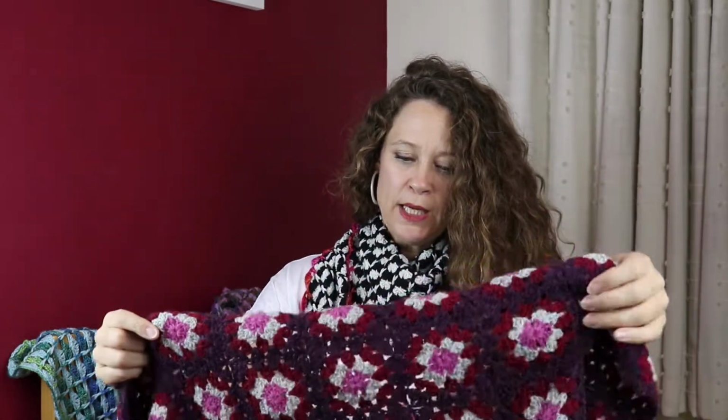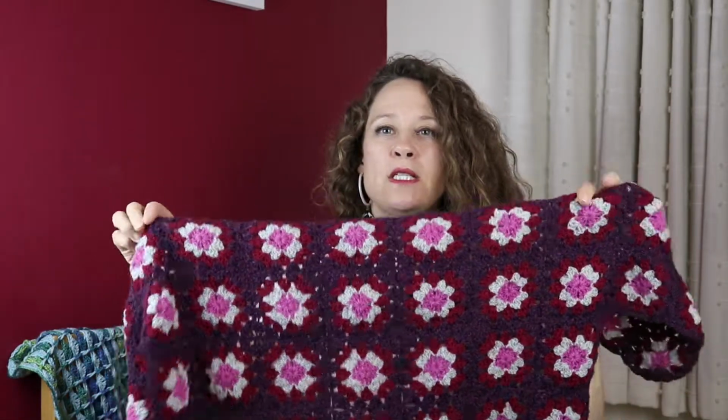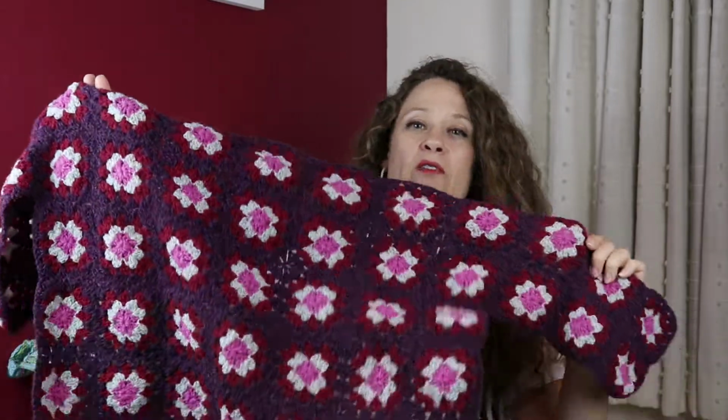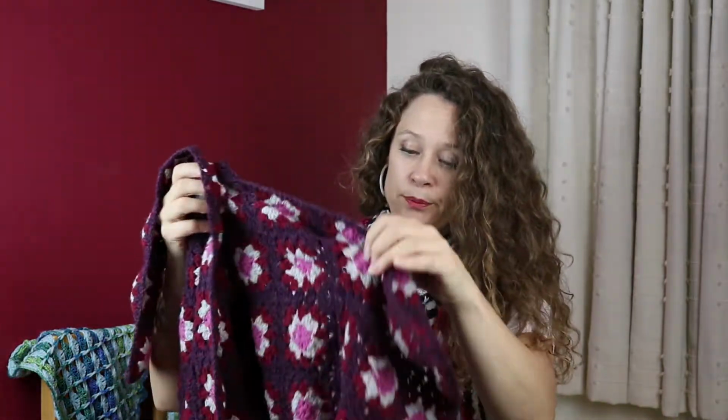So just to make you aware, I'm not following the actual pattern layout instructions for this. I've sort of gone off on a tangent a bit. So instead of having a waterfall front, this is actually going to be a sweater. And I've done it just with 4 colours rather than the random 6 colours. So that's so close to being finished. I've done front and back. I've got to do some neck shaping,